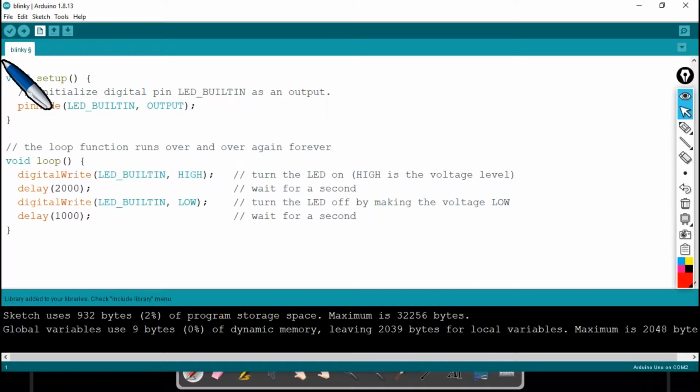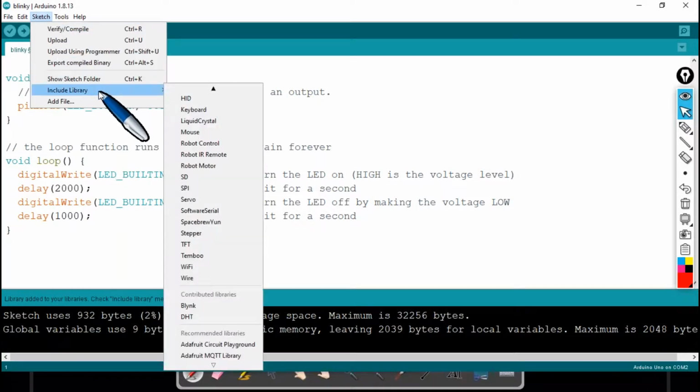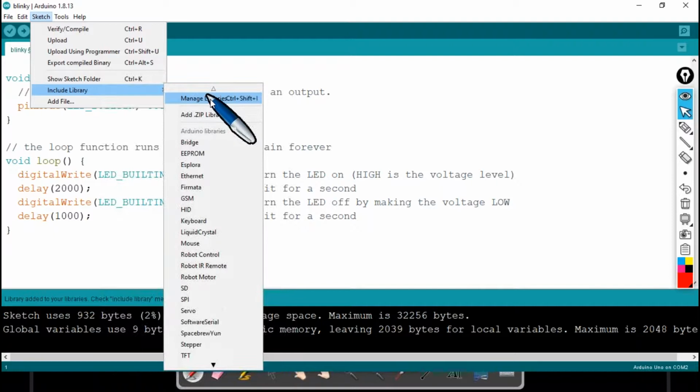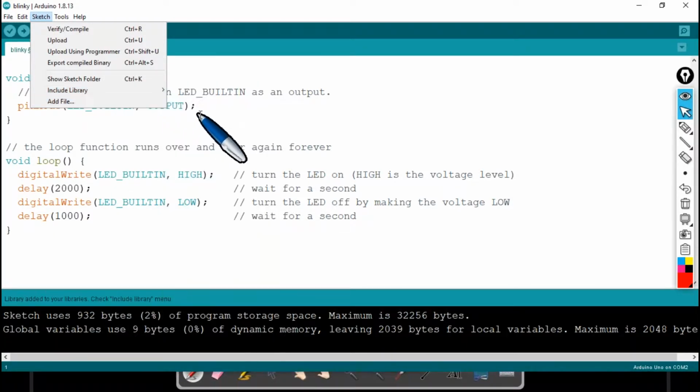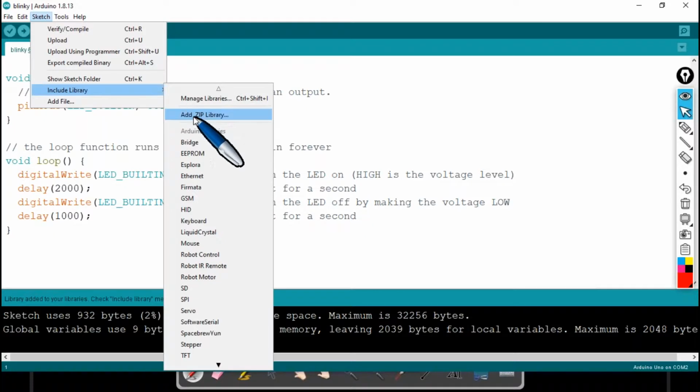All you got to do is search for the sensor interface followed by Arduino. Then you download this specific library. After that, include that zip file by hovering your mouse onto Sketch, Include Library followed by Add .ZIP Library. So this is how we can add the library files offline.